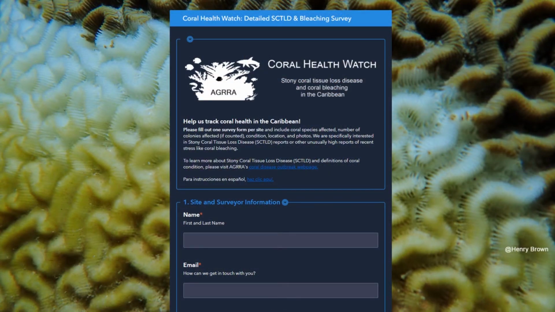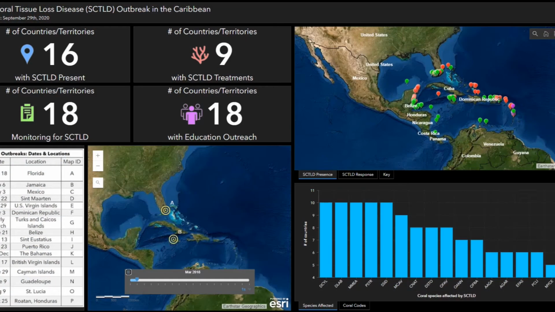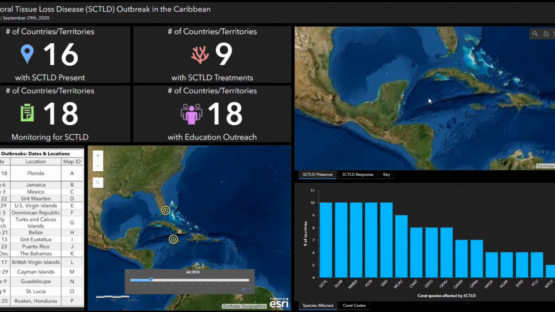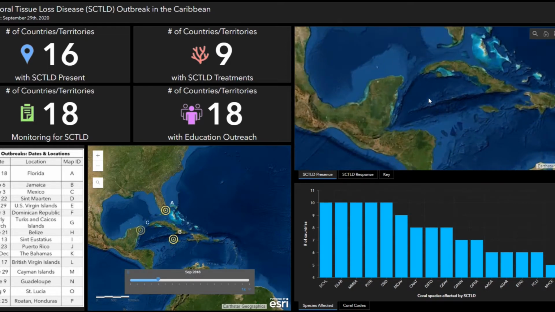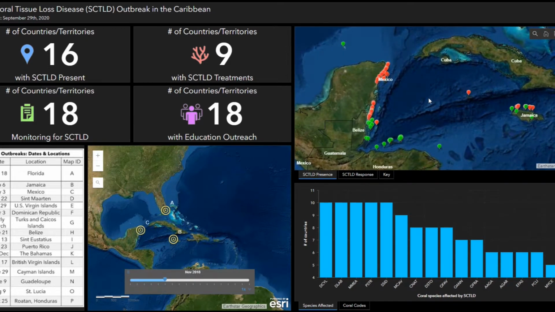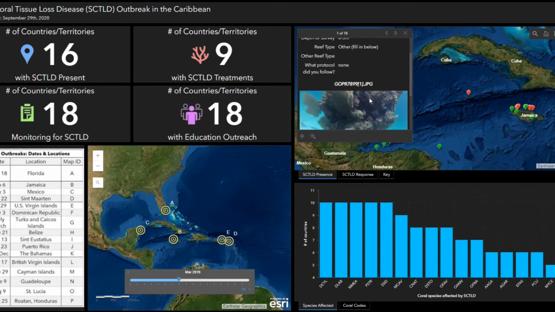Today I'll show you how to use the AGRRA Caribbean Disease and Bleach Watch data form. This is an open access platform with a visual map to help track conditions of reefs in the Caribbean, especially focusing on stony coral tissue loss disease and bleach watch data. One of the great features of this survey is that it's linked to a dynamic map, and you can see